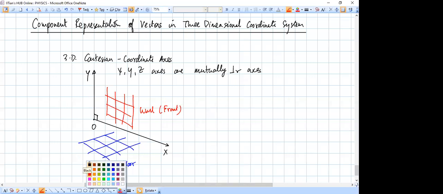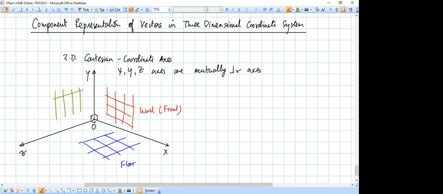So that wall which is to the side of you and the floor, they are also forming an edge on the side. So that edge is your z-axis. That is perpendicular to this. Okay. So the z-axis and the y-axis together are defining a plane, and that plane is the wall which is to your side.